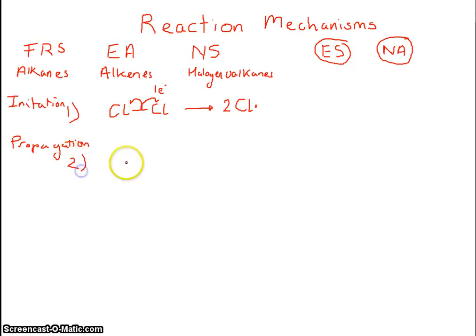So what we now do is take this chlorine free radical and react it with whatever alkane we've been tasked with. For example, with methane, the whole purpose of the propagation step is this: I've got a free radical, I'm going to react it with this, and I need to make another different free radical. So the chlorine will react with this, and I will make HCl